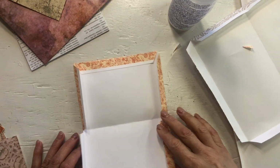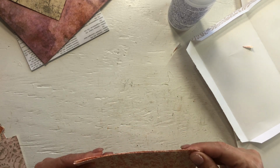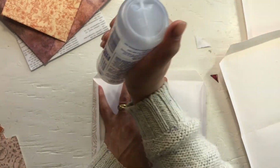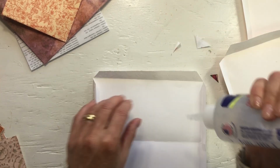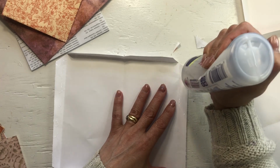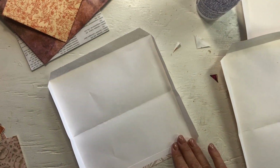For the gusset effect, if you have a gusset, it just adds a little bit more room to add things to your pocket. It just makes your pocket more roomy. And I'm just using my fabric tag today because I had to